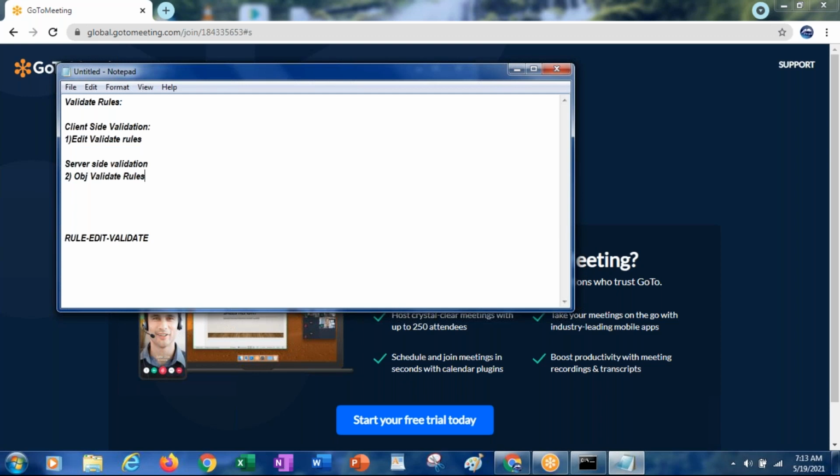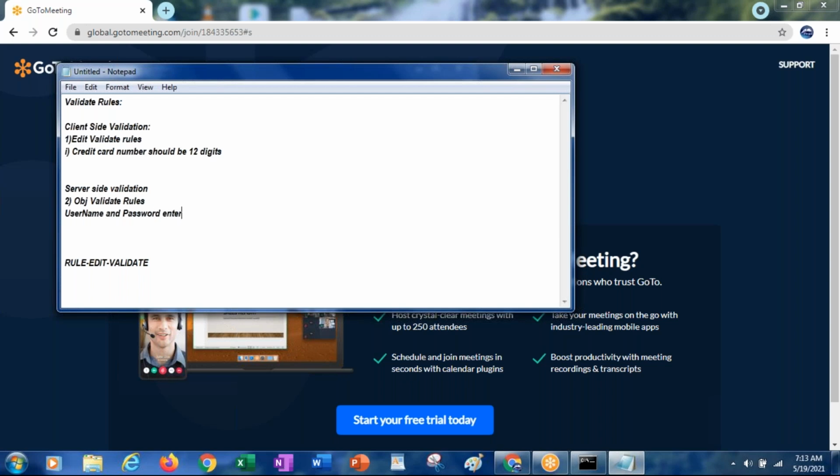So client side validations are like the credit card number should be 12 digits, whereas server side validation means the username and password entered is correct.